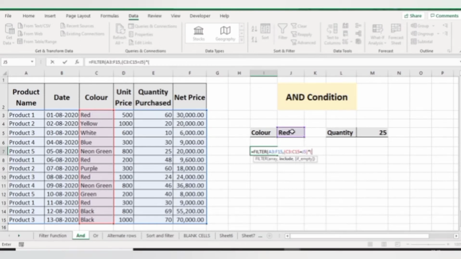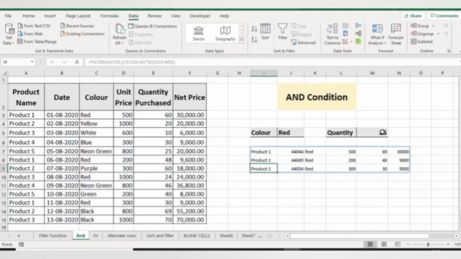Now for quantity I will use the quantity column, and here I will use quantity which is greater than 25. Now again put this criteria in brackets. So these are all the details of products which are of red color and their quantities greater than 25.